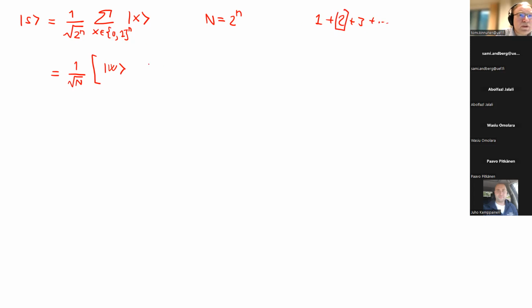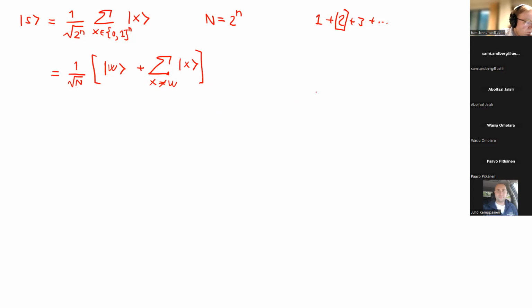So nothing special here. I can always take the one that we are looking for, which we don't know, but I can certainly write it in this way: this is the winner state, one of the 2 to the power of n states we are looking for, and then the sum with all the rest. This time, let's say that x is not the w, everything else except this one that we are looking for.